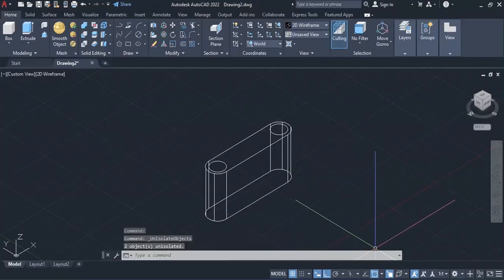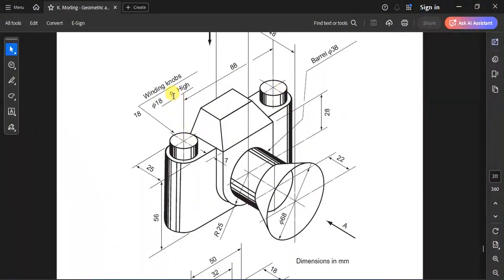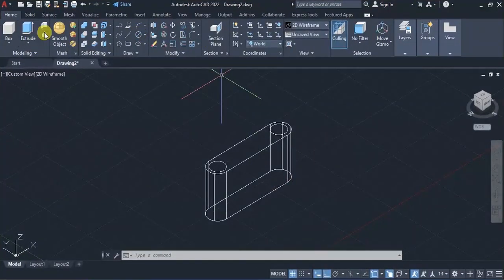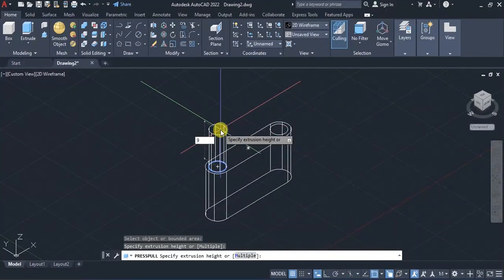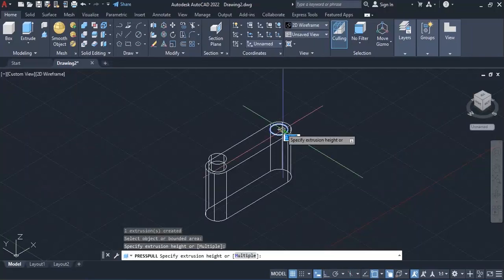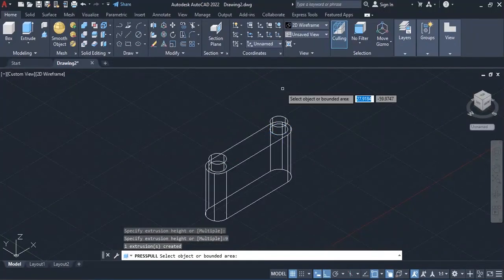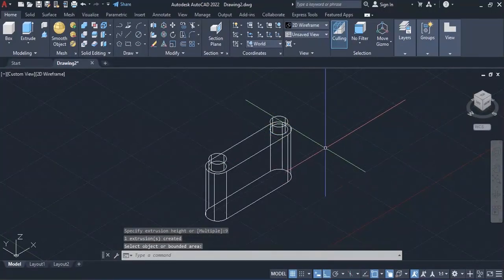Then for these two winding knobs, they have 9 units height. So we'll come to press pull, then go upwards 9 units, enter. Same to this other side, 9 units, then enter. So after doing that,